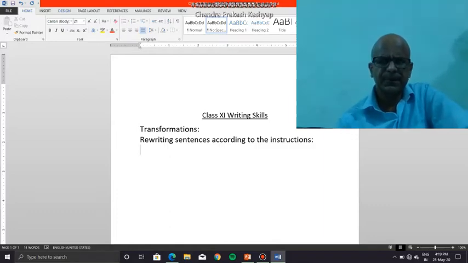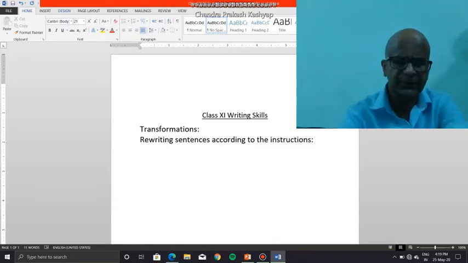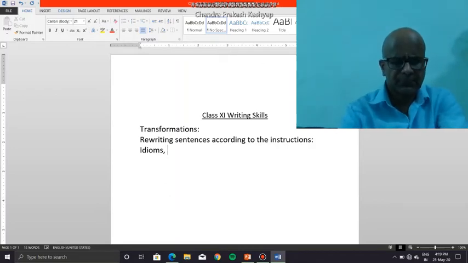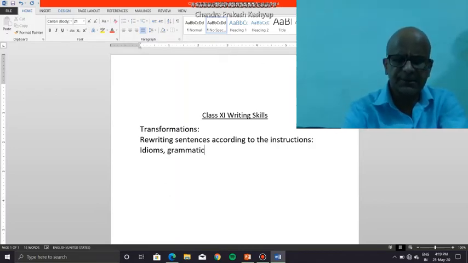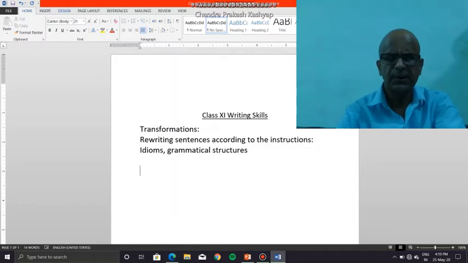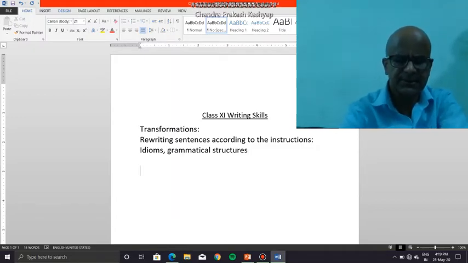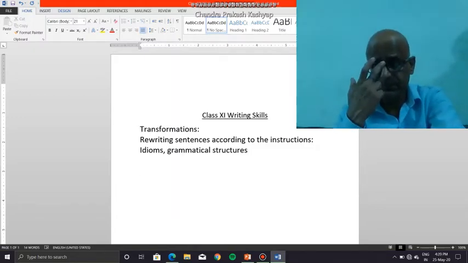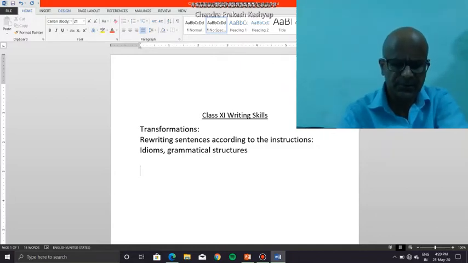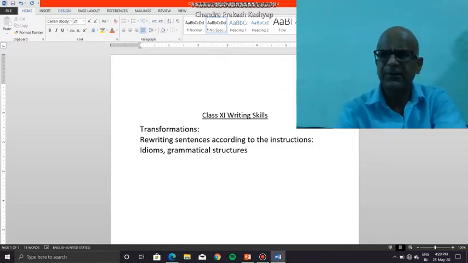Now, transformations may be based on idioms, or different set grammatical structures. For example, you may be asked to begin a sentence by way of rewriting a particular sentence using idiom. Beginning idiom. You may be asked to, for example, begin a sentence